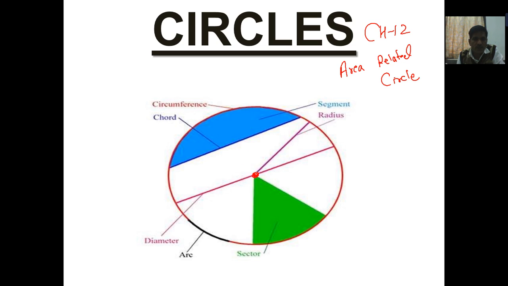A circle with a center and a definite radius. Here it is the diameter of a circle. Here it is called an arc. A part like this is called a sector. We go through this in this chapter. Here it is called a segment. Here, if we say AB, AB is a chord.